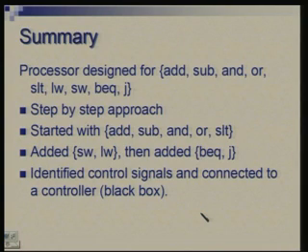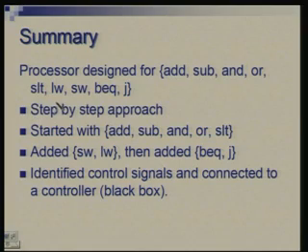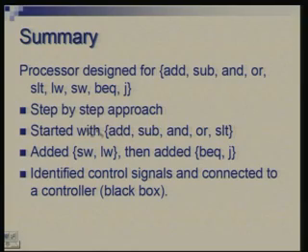So, just to summarize, we have designed a processor except for some controller details for these 9 instructions: add, subtract, and, or, SLT, load word, store word, BEQ, and J. And our approach was very simple step by step approach. We gradually put the components on the table, connect wires, and build up the circuit. So, first we took this group of first 5 instructions which are similar in nature. The only difference comes in the way you control the ALU. So, we did that. We started with these 5, added store and load, and then added BEQ and jump.